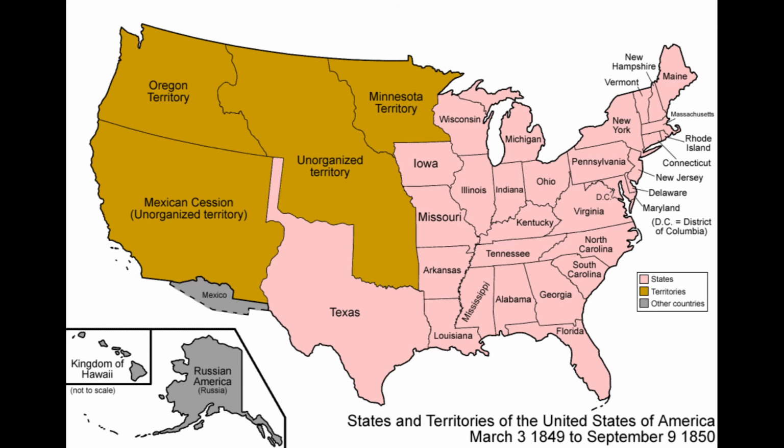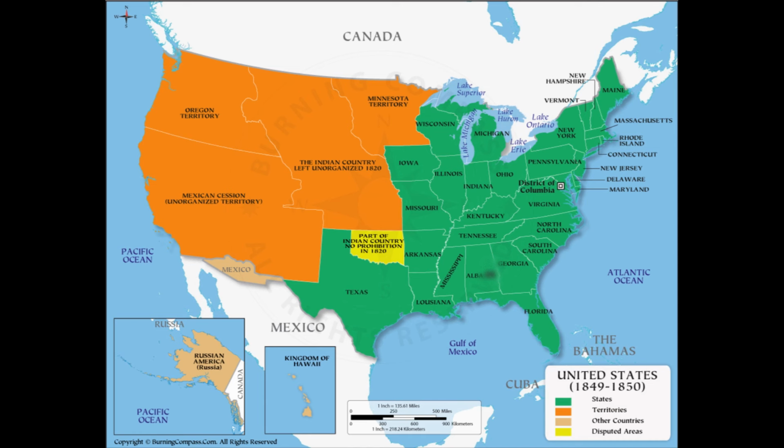And by this point, the United States has 30 states. And you can see now, looking at this map, that the United States extends all the way across to the Pacific. And it almost resembles the mainland boundaries that we have. Now, of course, we see Russia still owns Alaska, and Hawaii is a kingdom. And the Gadsden Purchase on that southwestern corner won't be purchased until 1853. Okay, so things are going to get sorted out.